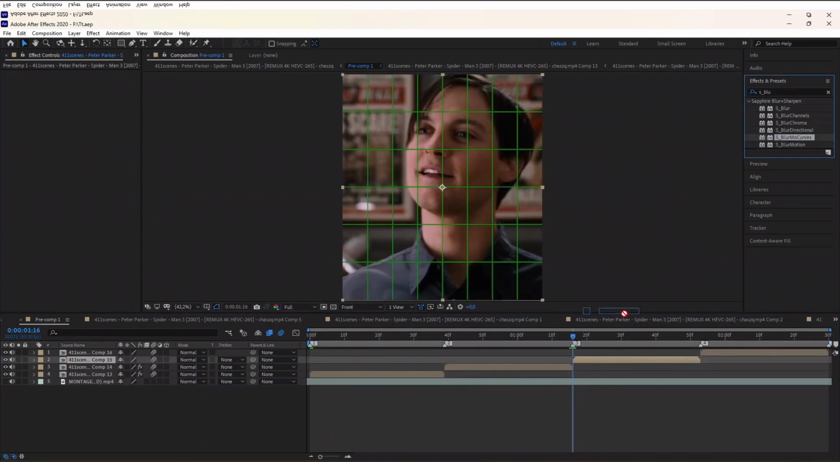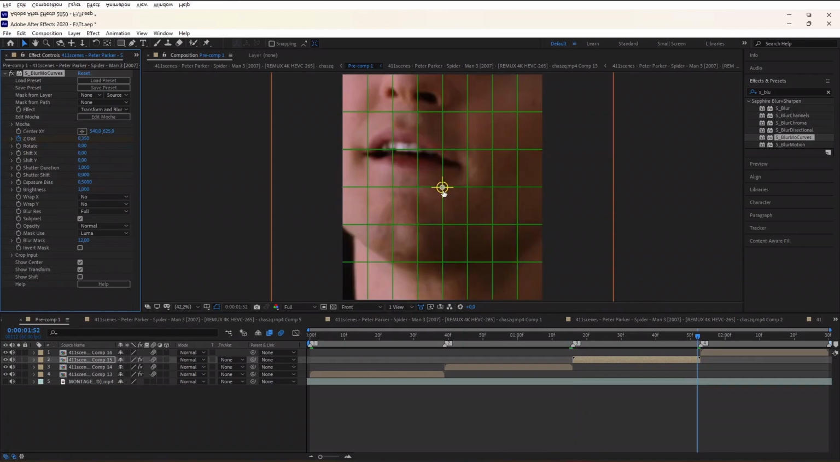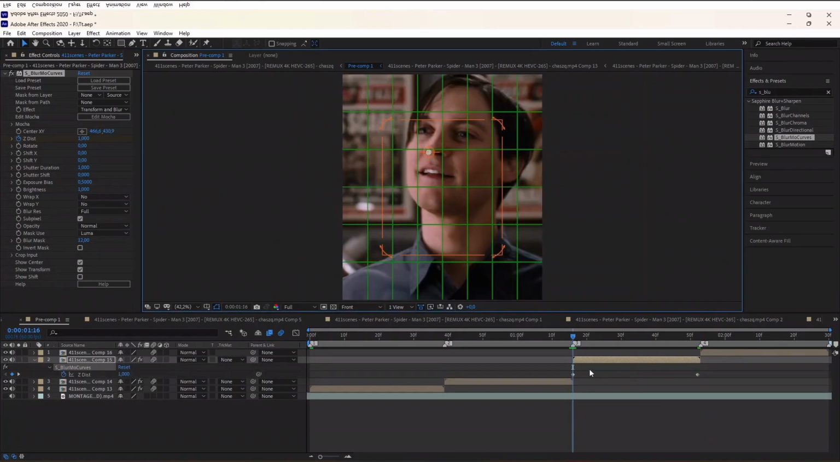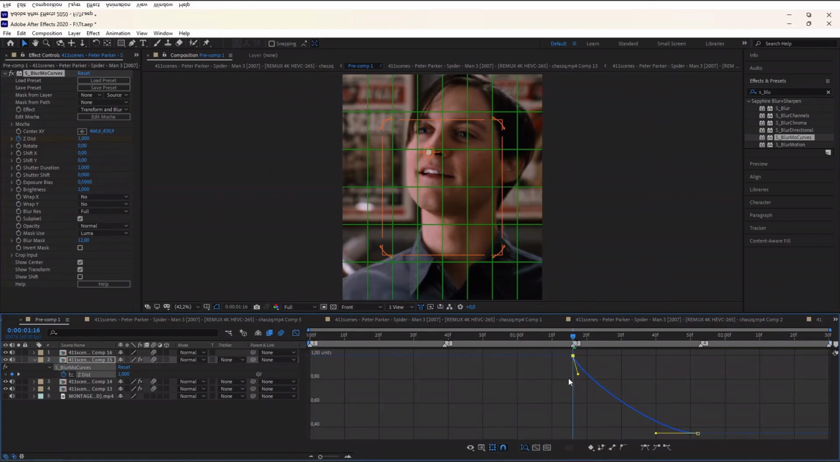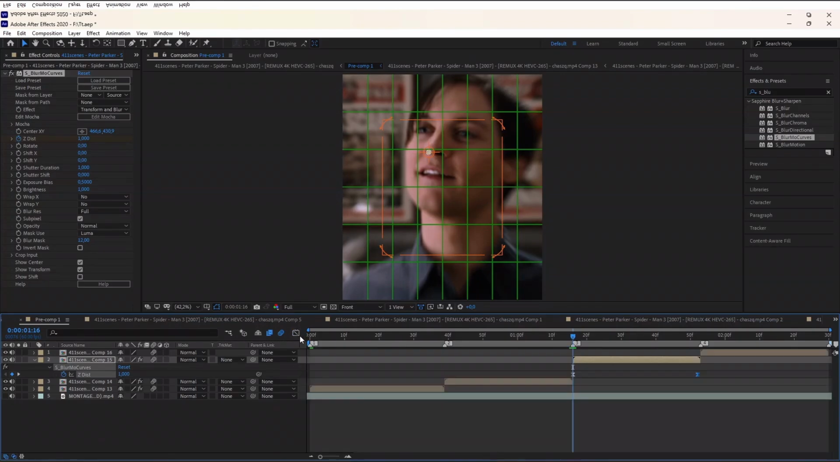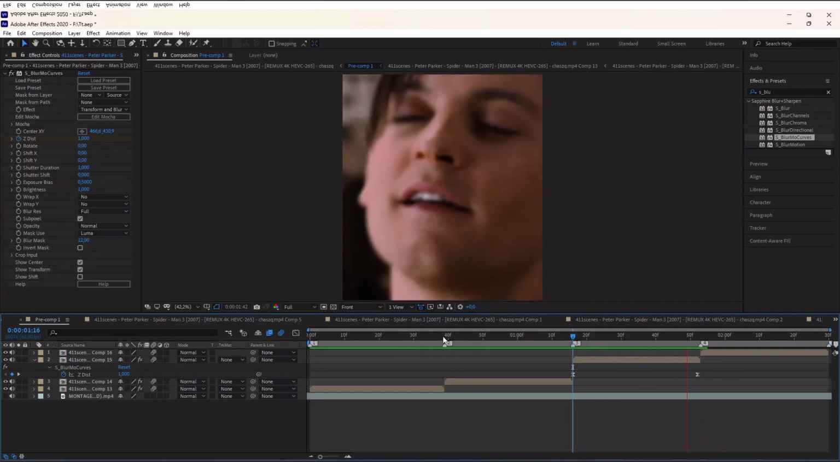Now it's time for the zoom in. Just follow along and repeat exactly what I'm doing right now. As you can see on the screen,